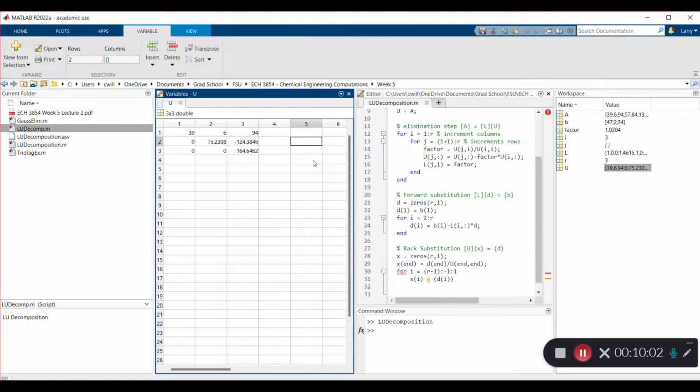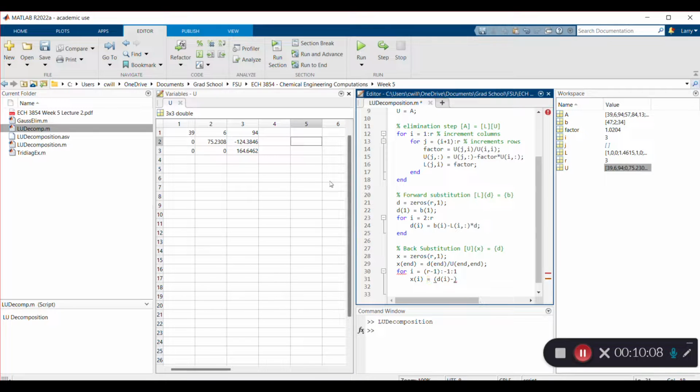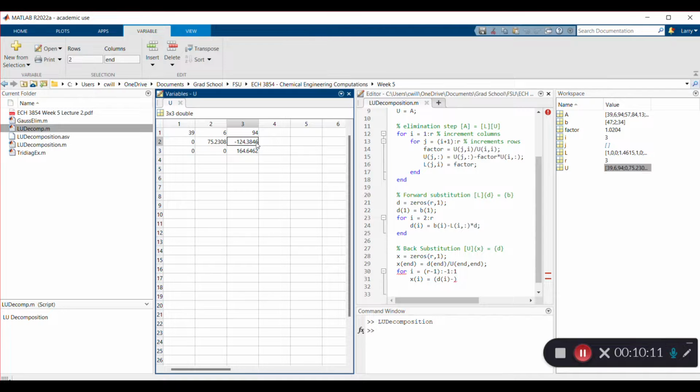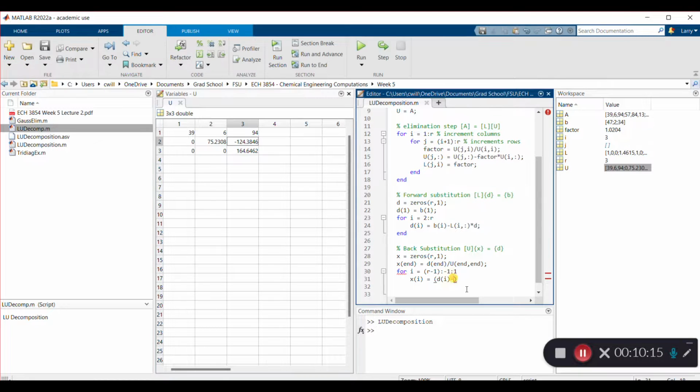So what we want to do is subtract the elements that we've already solved for. So this will be U of i, row i, to the end, or actually all,